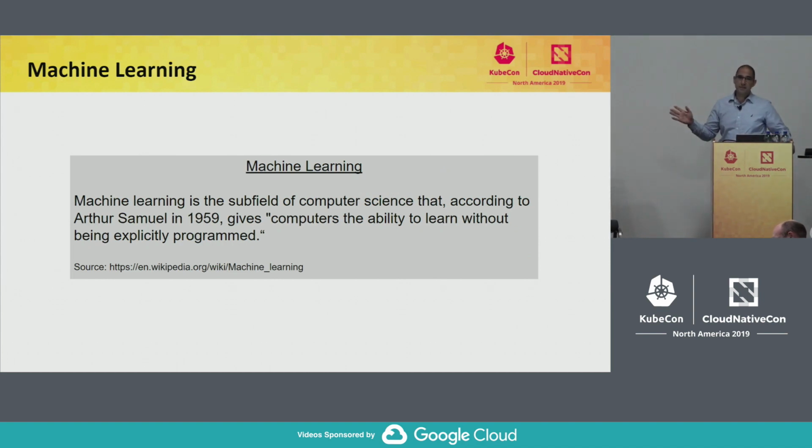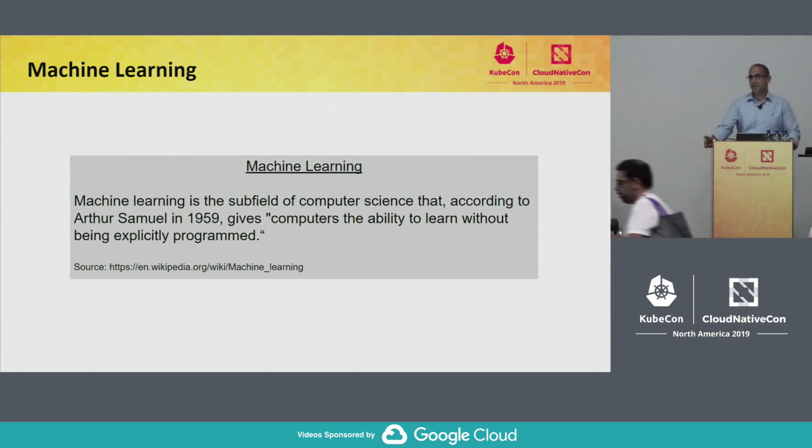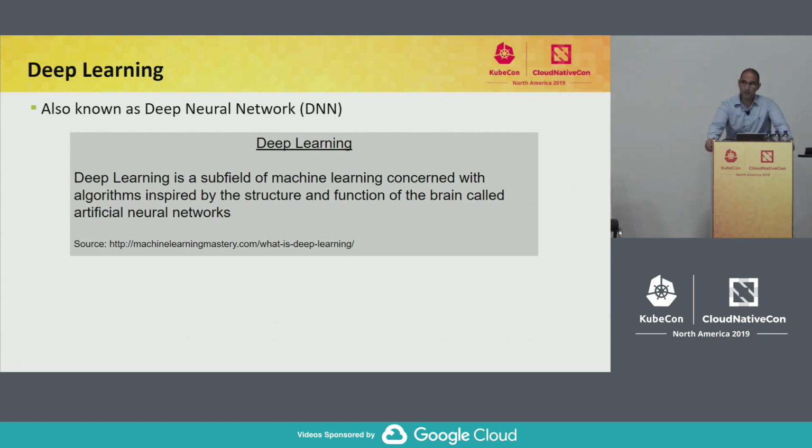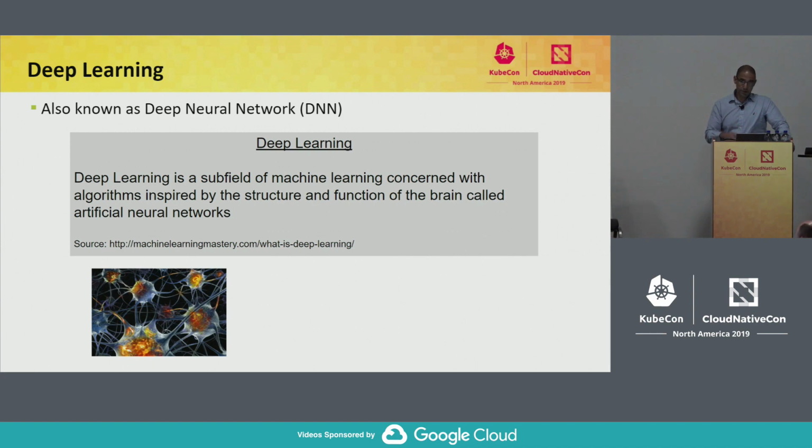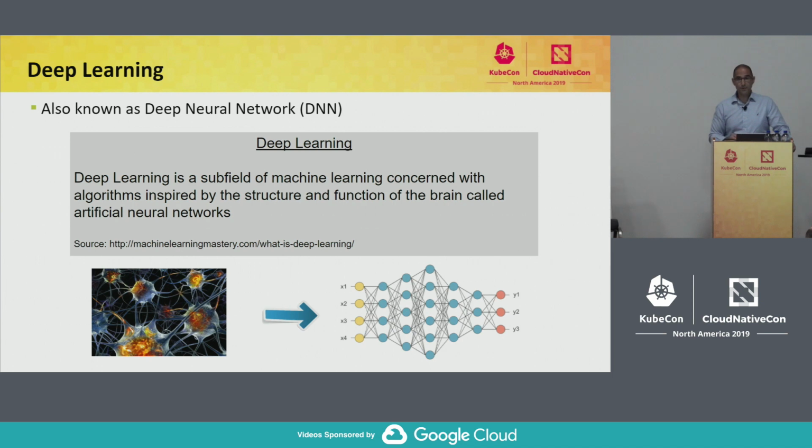This is just a basic definition of what machine learning is from Wikipedia. In essence, it's just the ability to allow machines to learn from data and program themselves. But the real development over the past few years is around a subfield of machine learning called deep learning or deep neural networks, which is basically an implementation of machine learning inspired by the brain. In other words, taking a biological implementation, if you like, and translating that into a software implementation.